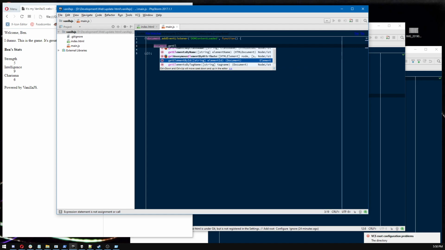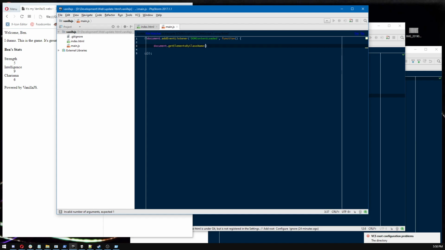By ID, if we had a CSS ID, by tag name, all spans, right? We're going to do class name. We have given it a convenient class. We want classes of player name. I'm kind of curious about get anonymous. I don't actually know what that's about. I'll Google it up later if I remember. But anyway, this function now will get me all tags that have that class, and we're going to want to